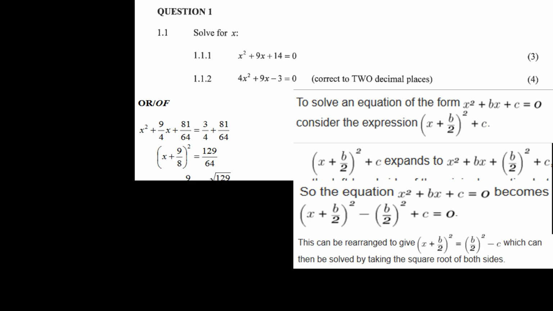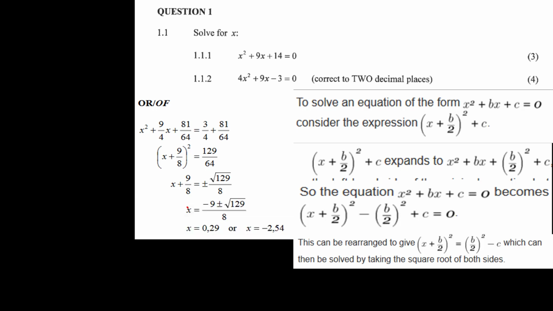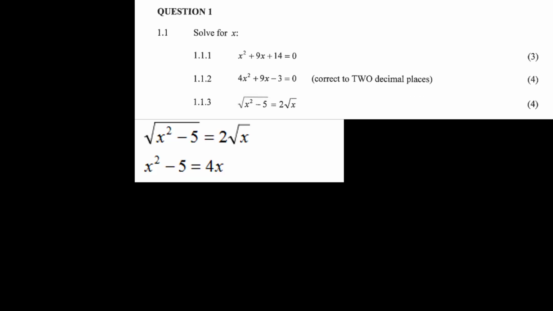Just take a little moment to check that you get this arithmetic. Then x plus 9 over 8 is equal to plus or minus the square root of 129 over 64. Put this into your calculator and you get x equals 0.29 or x equals minus 2.54. Question 1.1.3. Now look at this question, and the first thing you're going to see is we've got to get